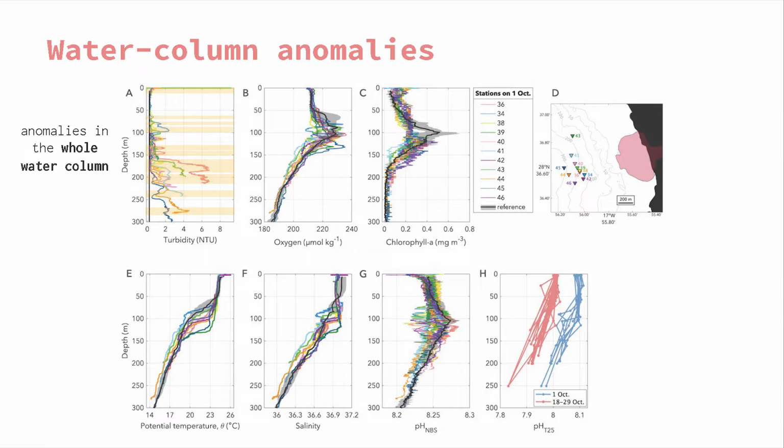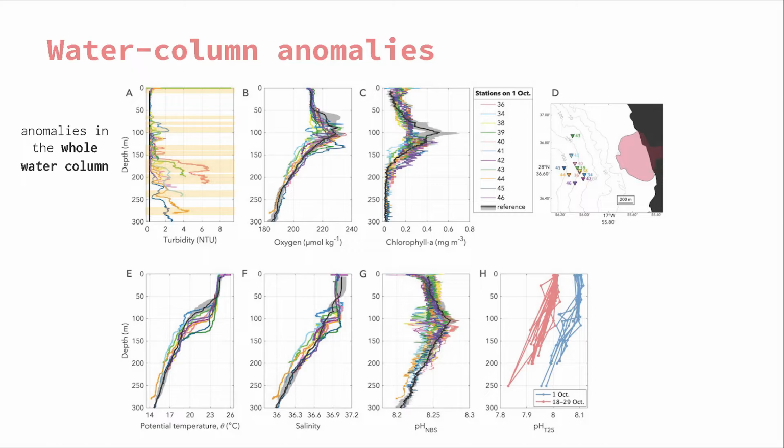You can see it especially well in turbidity, because of course there was a lot of turbidity in the water. They had the shape of different fingers or plumes that enter the ocean at different depths and with very variable